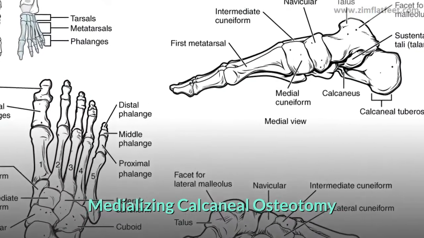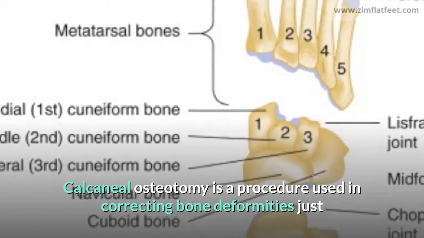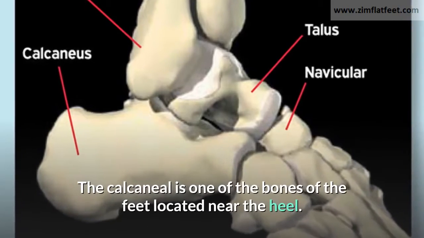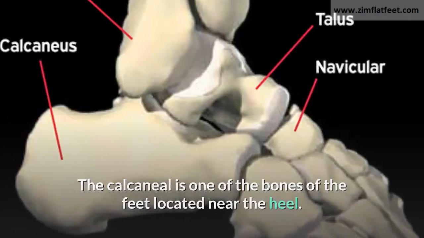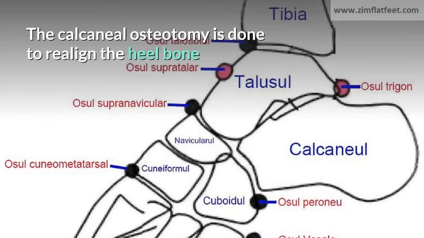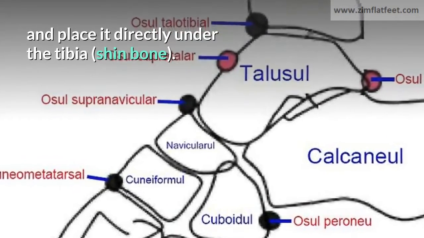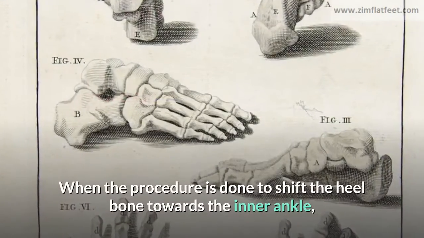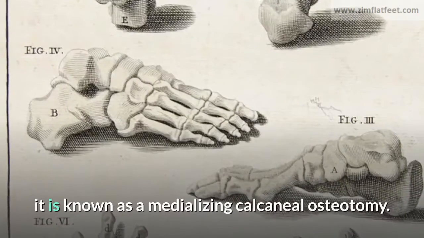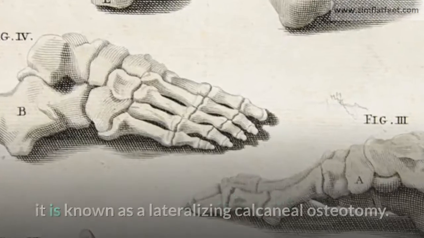Medializing calcaneal osteotomy. Calcaneal osteotomy is a procedure used in correcting bone deformities just like the lateral column lengthening procedure. The calcaneal is one of the bones of the feet located near the heel. Osteotomy is a surgical process of cutting a bone. The calcaneal osteotomy is done to realign the heel bone and place it directly under the tibia shin bone. When the procedure is done to shift the heel bone towards the inner ankle, it is known as a medializing calcaneal osteotomy. When it is done to shift the heel bone towards the outer ankle, it is known as a